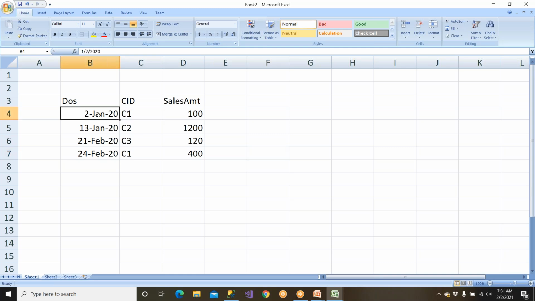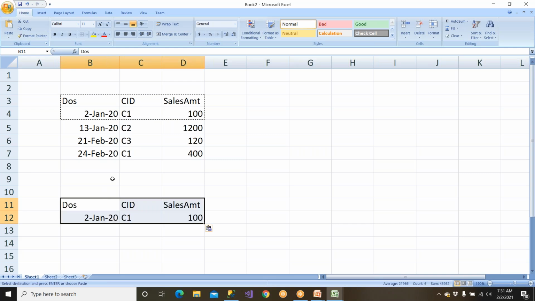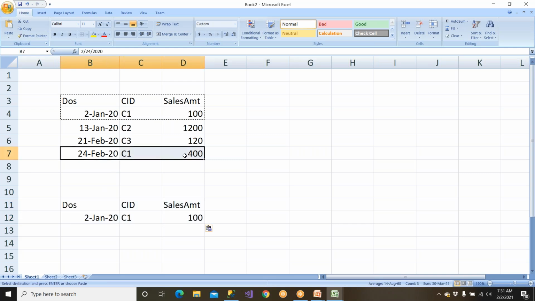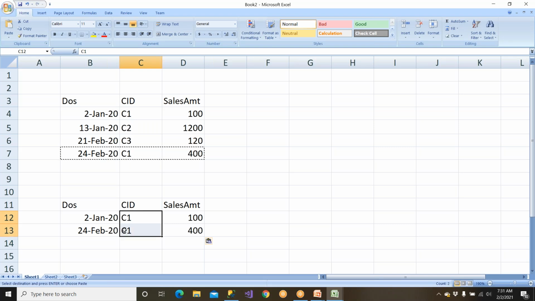So this record is going to come here. Let me take this record, it is going to come here. Again, this record is going to come on this side. Okay, this is what grouping by C1 means. So this is some data, and the next data,